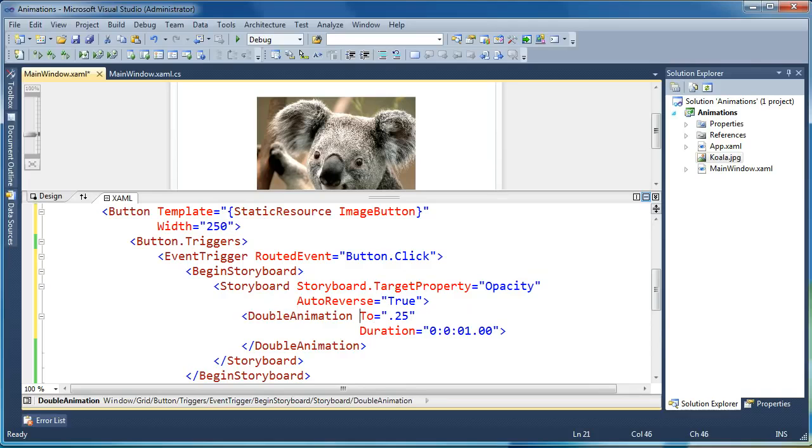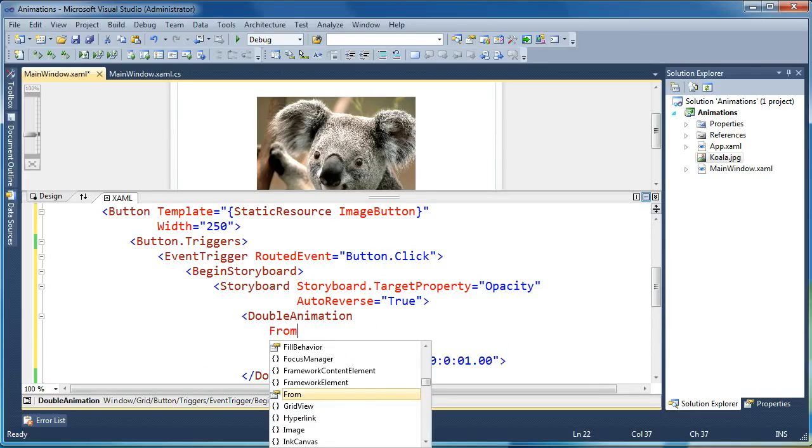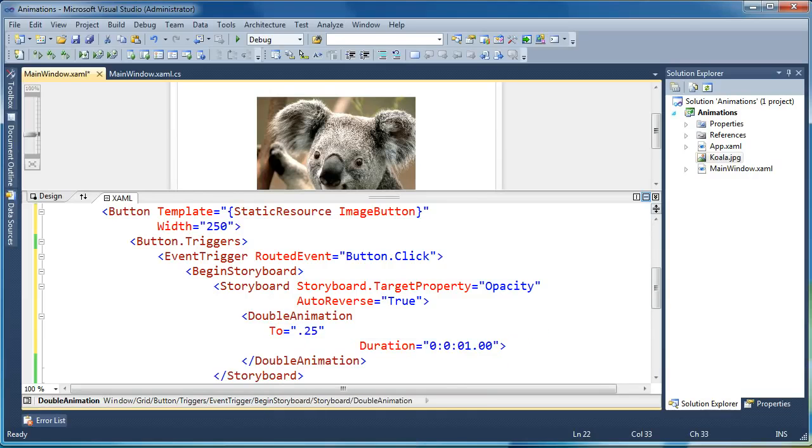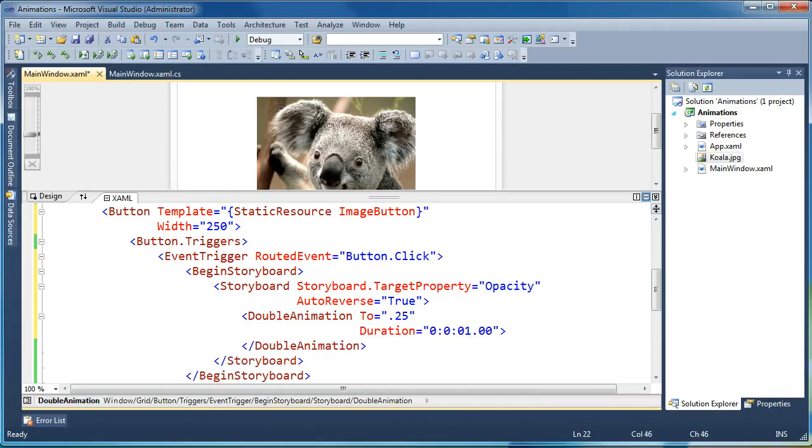So then in a double animation, you've got a couple of options. You can say from, which means start at this value, and you can say to, which is end at this value. So typically, you want to just specify one or the other. Most cases, you're going to just specify the to value, which means animate to, and I'm saying animate the opacity